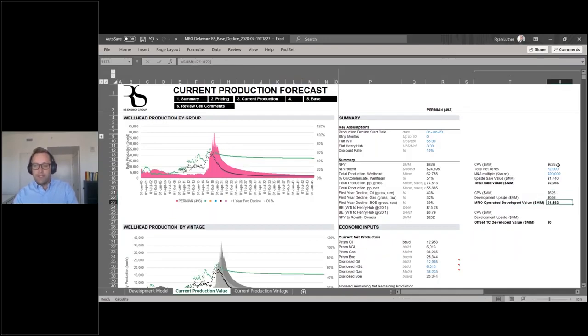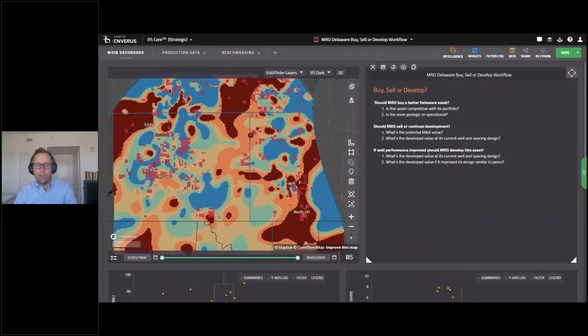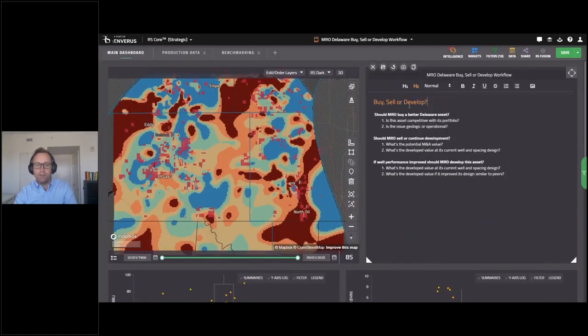And so if you're comparing, should they sell or should they keep going? They should probably sell rather than keep doing what they're doing, because the well performance really isn't that strong or that accretive. But there's a third question that we also get asked, which is, do we change our development, or what can we change? And we showed you some of